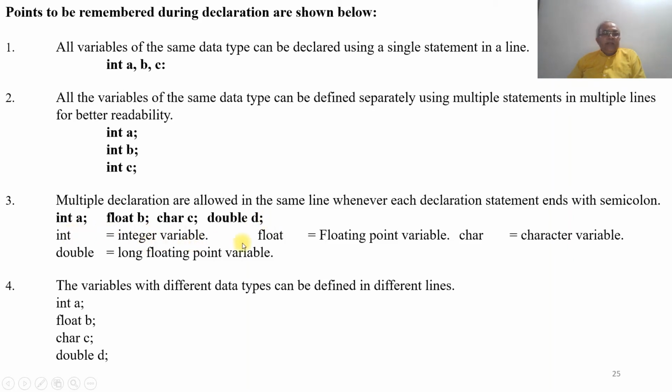Int is the integer variable, float is the floating point variable, char is the character variable, and double is the long floating point variable. And point number 4: variables with different data types can be defined on different lines also, in the sense that int a semicolon in one line, float b semicolon in the second line, char c semicolon in the third line, and double d on the fourth line.